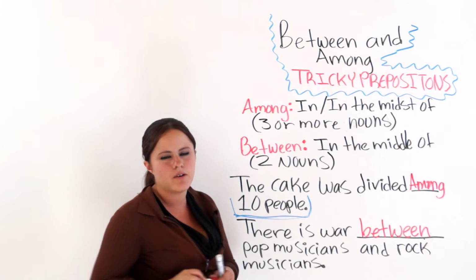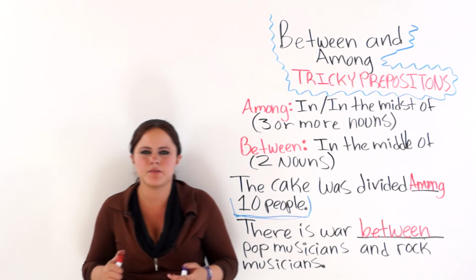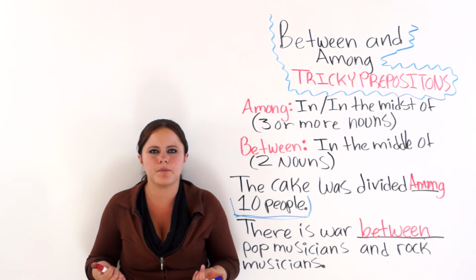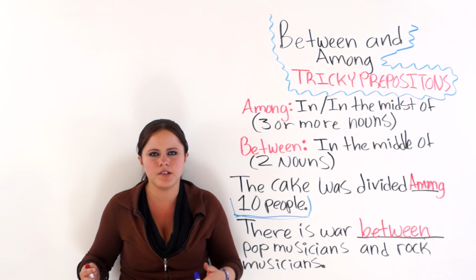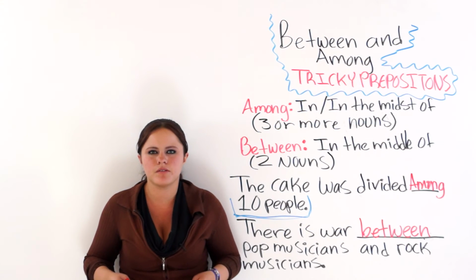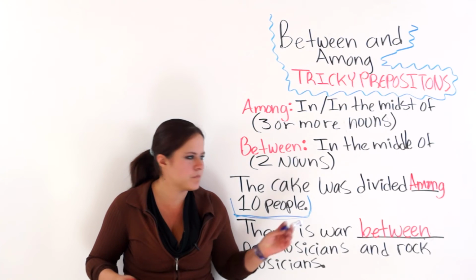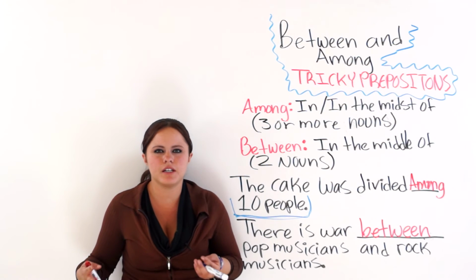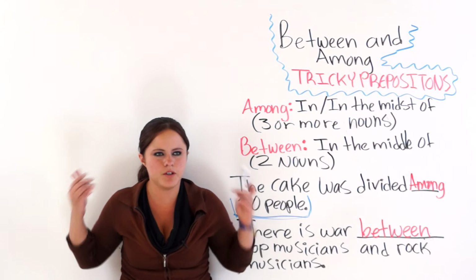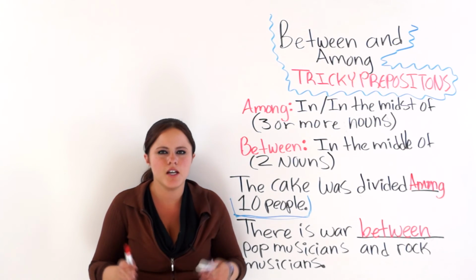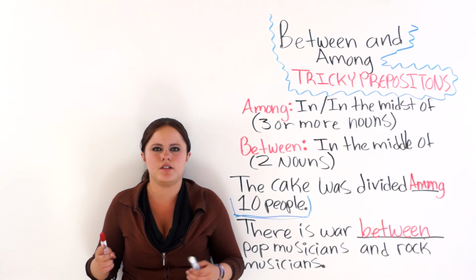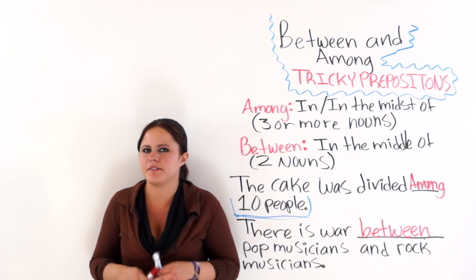So that is how you are supposed to use among and between. You could also say, for example, there is a traitor among us. If you're talking about more than 3 people, right? Or this is between you and me. I am between 2 markers. The desk is between 2 plants. Okay? Between for only 2 nouns. Among for 3 or more nouns.